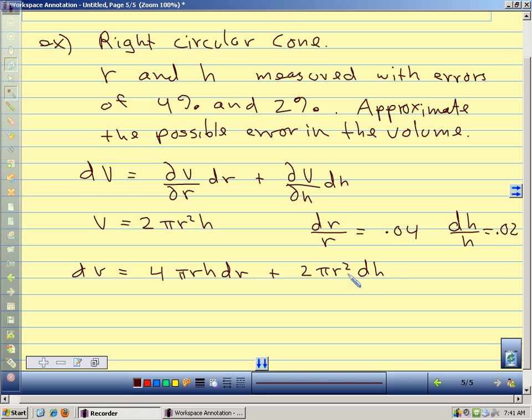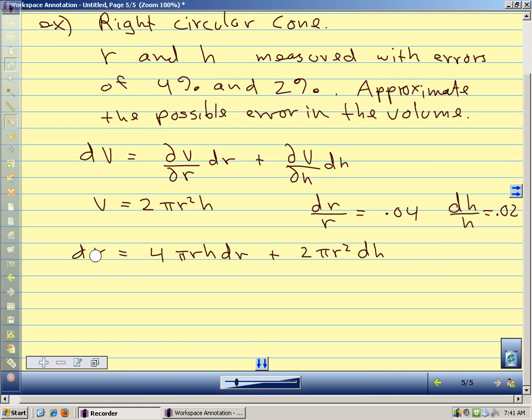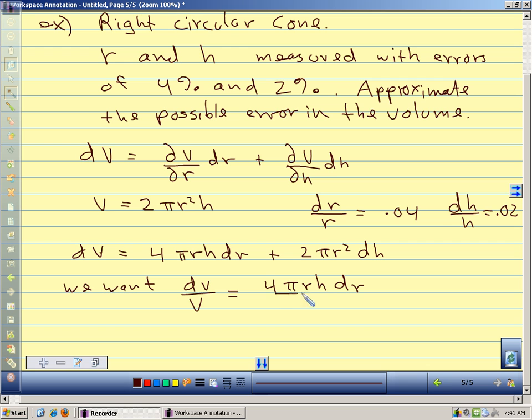And we want to approximate the possible error in the volume. So we want dV over V. That's our relative error in the volume. So we're going to divide this expression by our volume to get dV over V. So we get 4 pi r h dr over